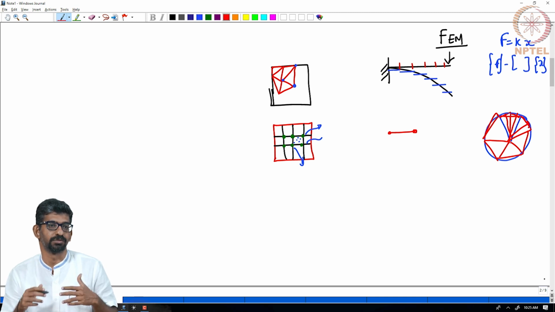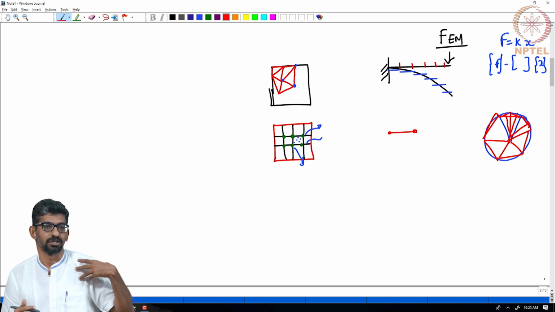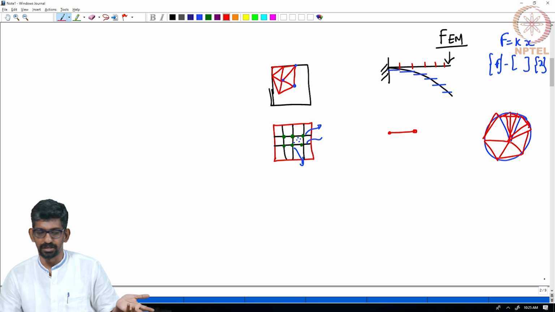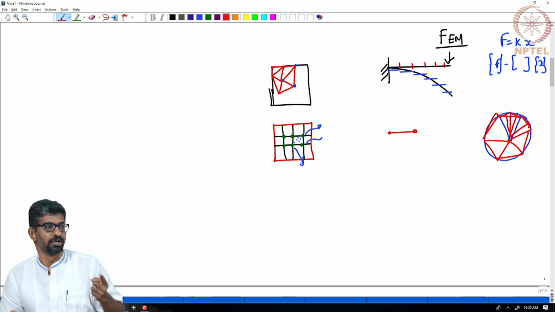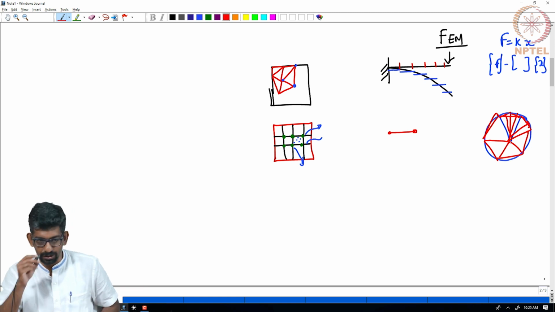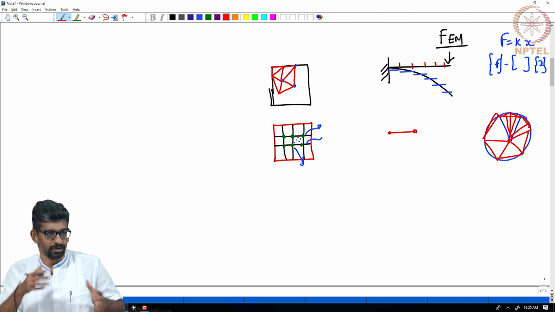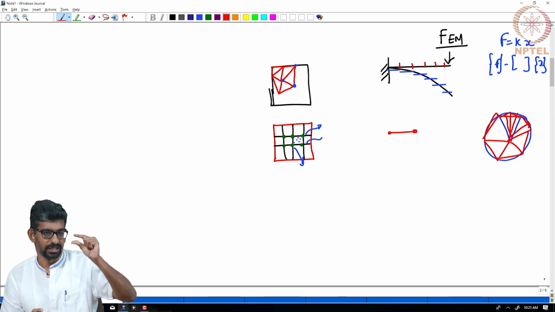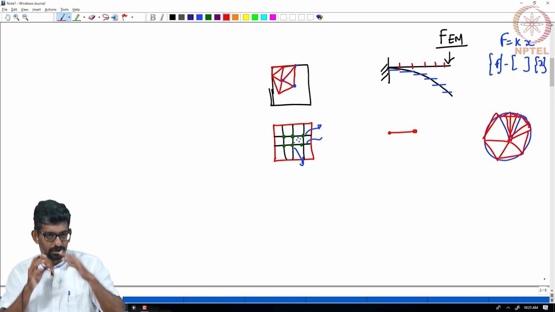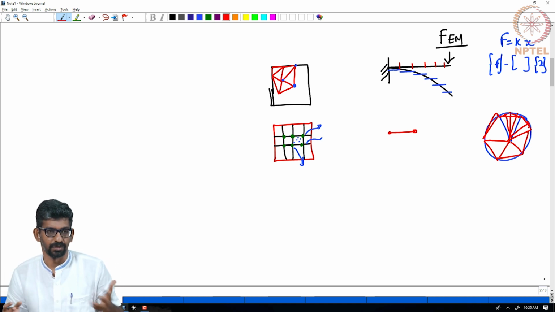How good of an approximation you want is what the designer takes a call on. Okay. And at some point in time it will converge. Should I use 100, should I use 1000, or should I use a million triangles in this particular case? You can look for the perimeter convergence or area convergence, whatever the quantity that you are trying to compute, you can look for a convergence. Okay. Beyond a certain point, given the total number of computations that you are doing, the gain in the percentage by which you are reducing your error will go down miserably. Then you stop at that point.